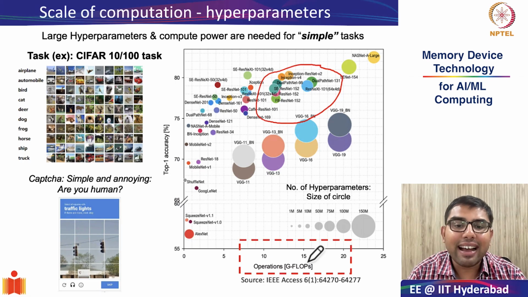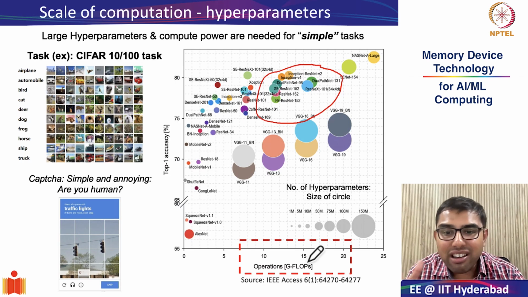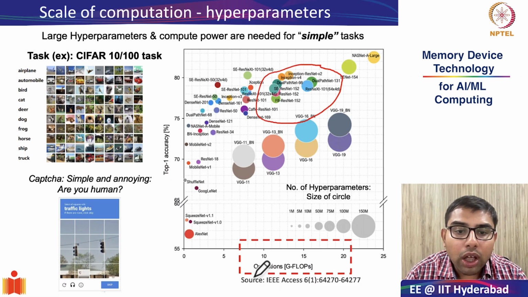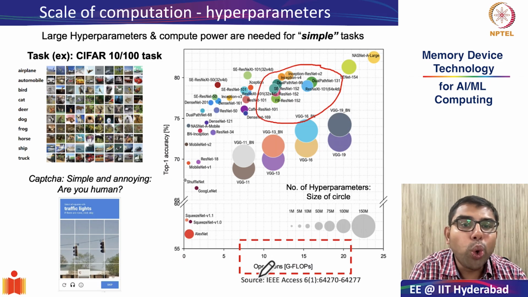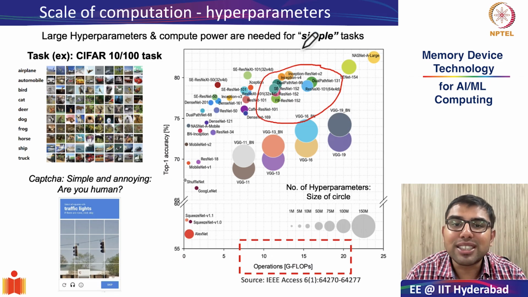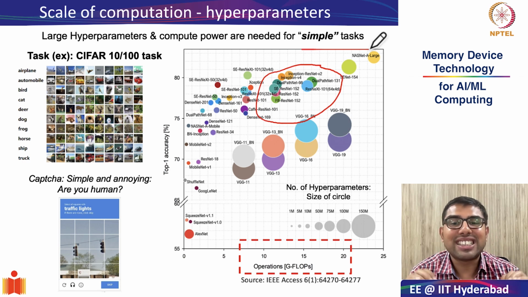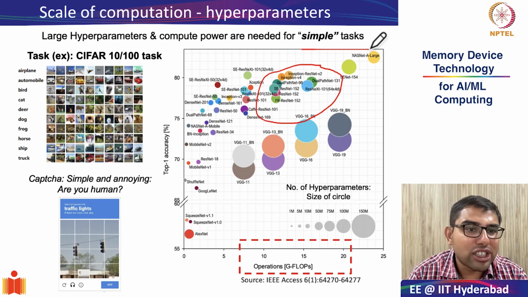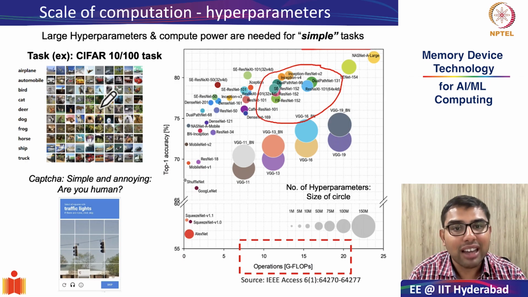But one thing that I would want you to recognize and remember as we enter into the next phase of our study is looking at the total number of GFLOPS that is required by a CNN to do these rather seemingly simple tasks. Now remember, when I say simple tasks, I am comparing it to the difficulty level faced by human beings. As you know, these are very simple tasks for a human being to perform.